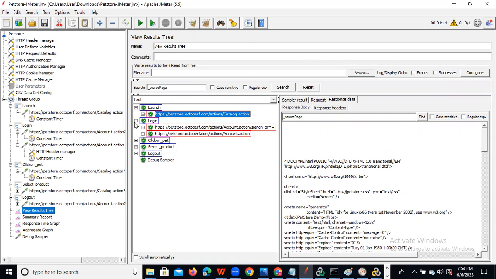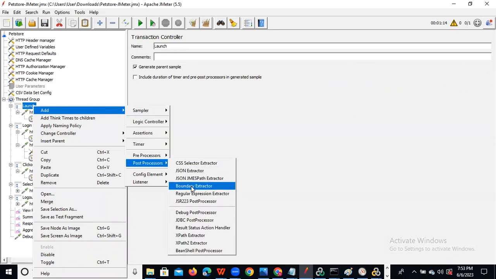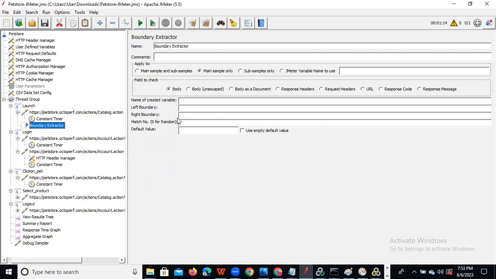In launch you can observe there is a response, and here also a response, but the first occurrence happens here. So you need to write it here. To do that, click here, Add, go to Post Processor and select Boundary Extractor. Here you give the variable name.